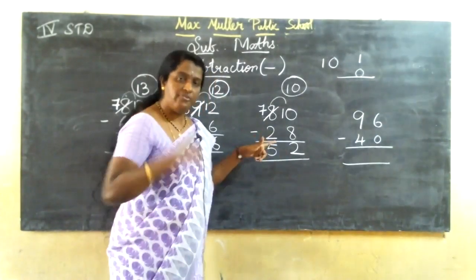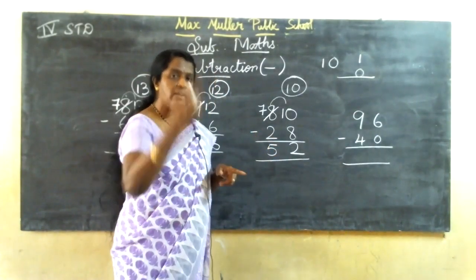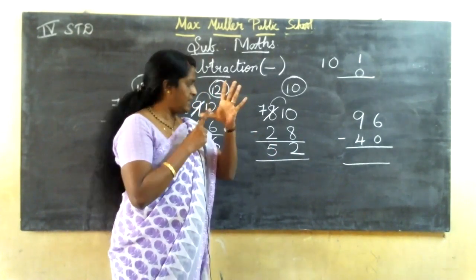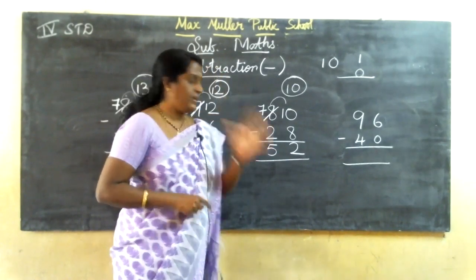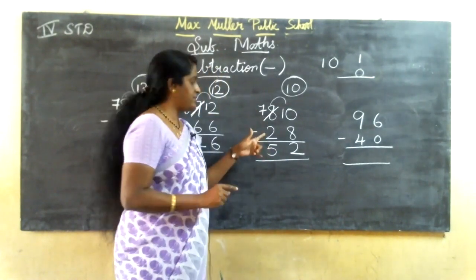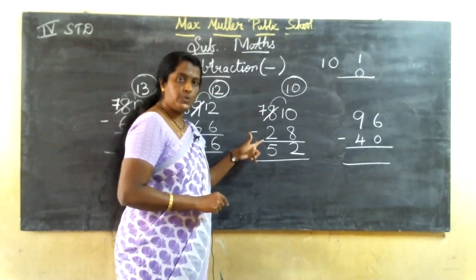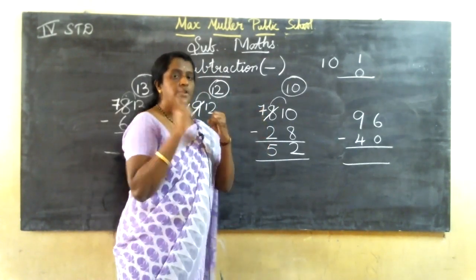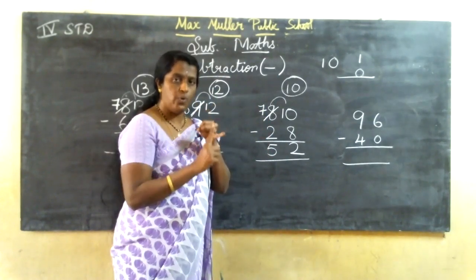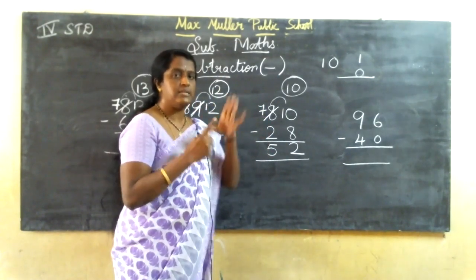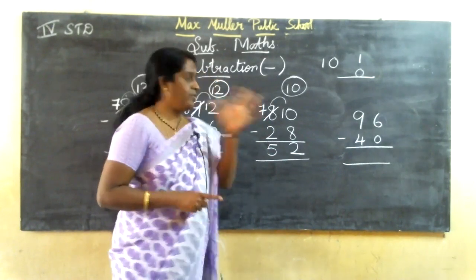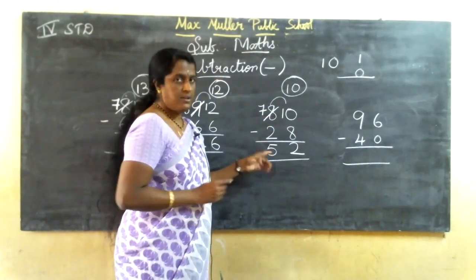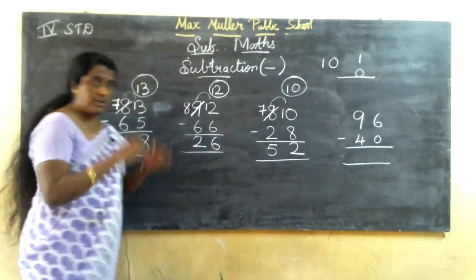Here, 2 afters, I'll teach 2 methods also. 2 afters, 3, 4, 5, 6, 7. How much you got the answer? 5. Once again, I'll teach. See. 7 minus 2. 2 afters, up to 7 you should count. 2 afters, 3, 4, 5, 6, 7. Up to 7 only because 7 is here. So, how much you got answer? 5.